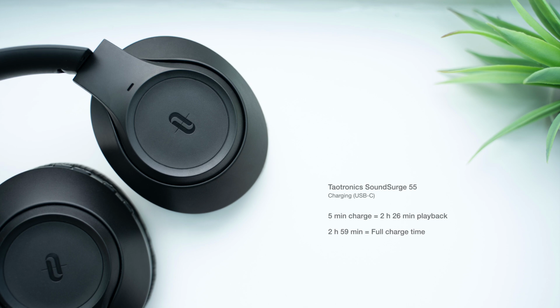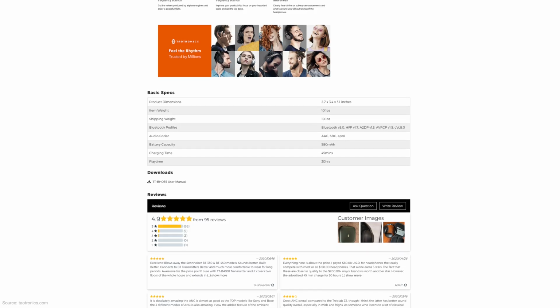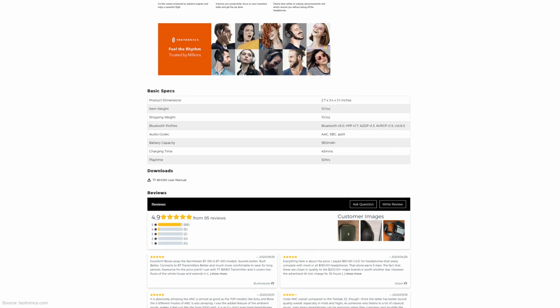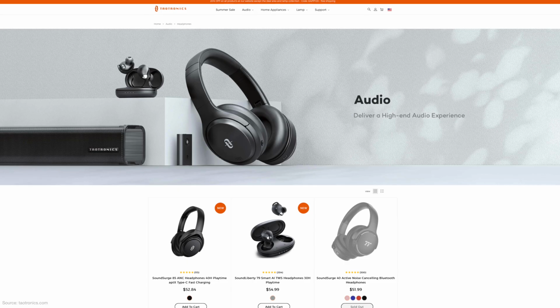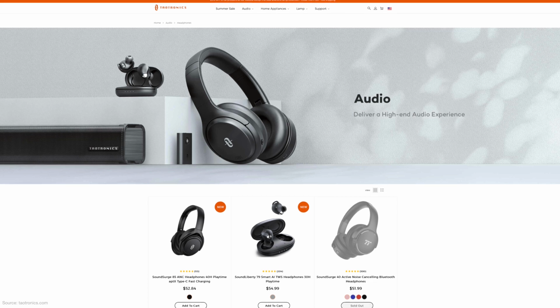my testing. The full charge time completed in around 3 hours, which wouldn't normally be noteworthy, except for the fact that they were advertising a super fast 45-minute charge time on Amazon and their website. I reached out to TaoTronics about this, who actually apologised and said they'd update their Amazon listings, which fortunately does seem to have been done for the US and UK sites. The confusion supposedly came from the fact that other headphones in their lineup offer this feature, and I appreciate that